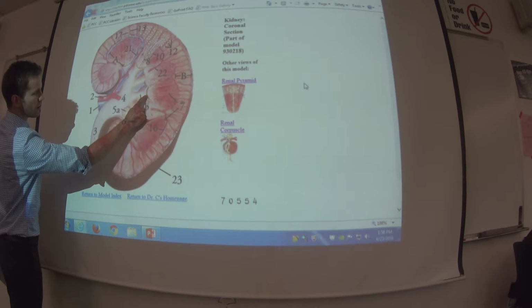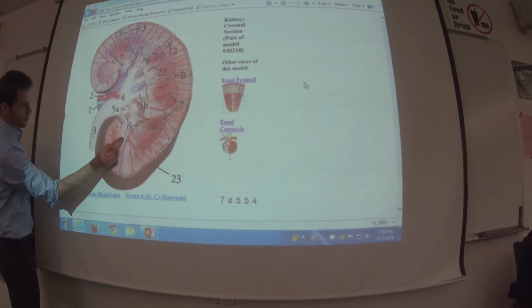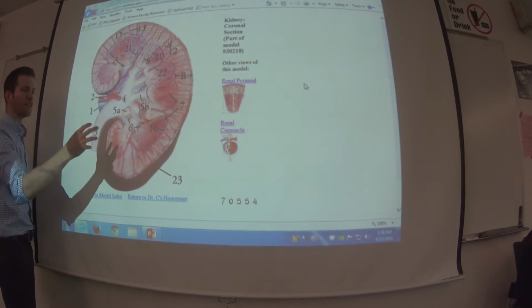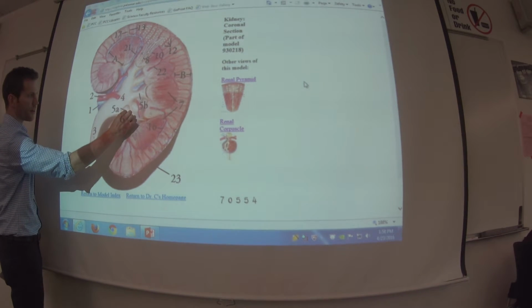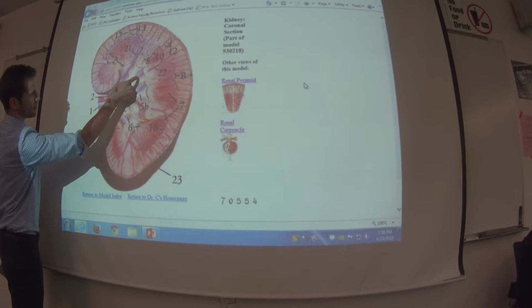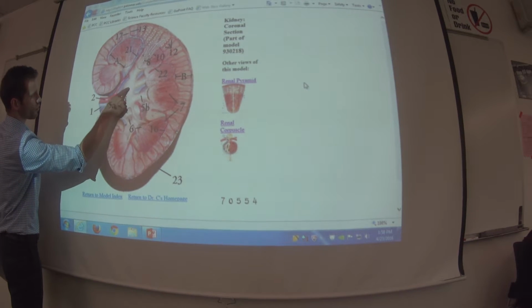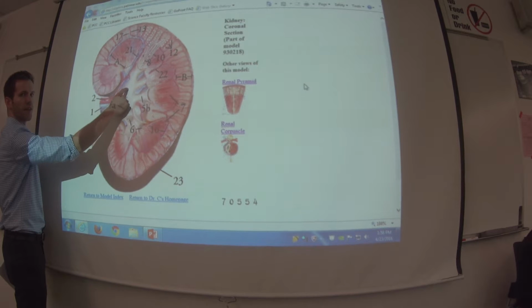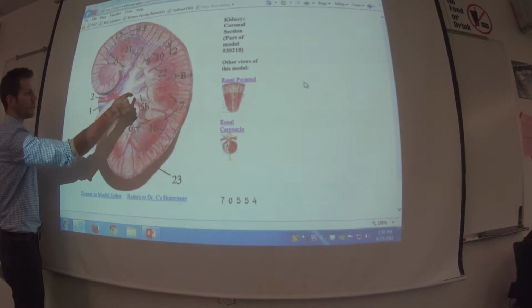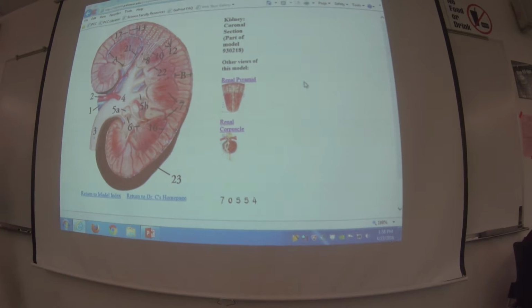Minor, minor, minor, minor, minor. And then when two of those minors merge together, like I think it'd be best seen right here, these two come together, this right here would be a major calyx, right at that point. And then all the major calyces merge together into the renal pelvis,